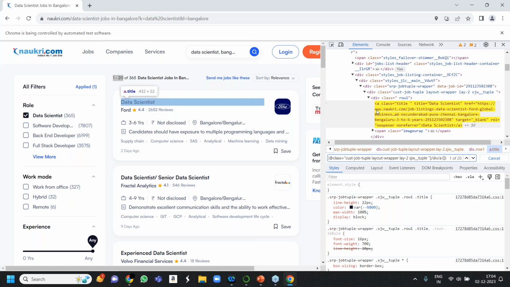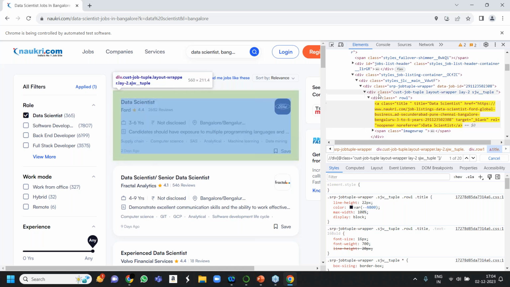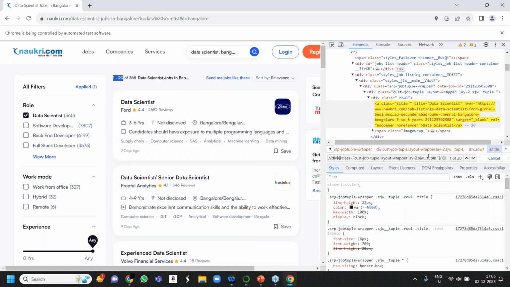How do we know that 20 is correct? If you have noticed, it is showing 20 jobs on one page. It means there will be 20 titles, right? And it was showing 25 earlier. It means it was showing some additional information. So take the parent class, then at the end add a single slash, then the tag name.